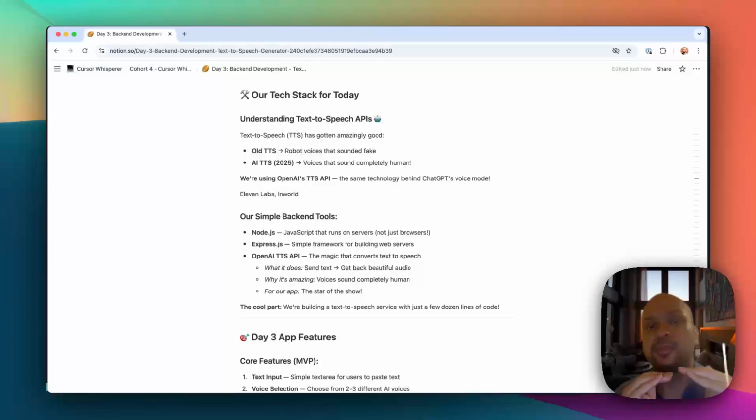One is adding a backend system. Second is having an API of another software, for example OpenAI, the text-to-speech system. We're going to integrate with that. And the third thing,